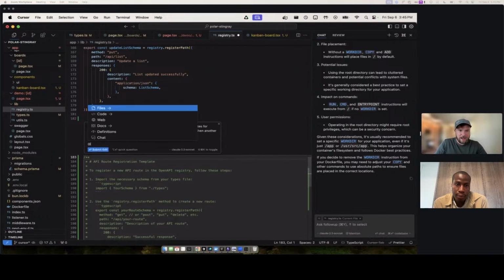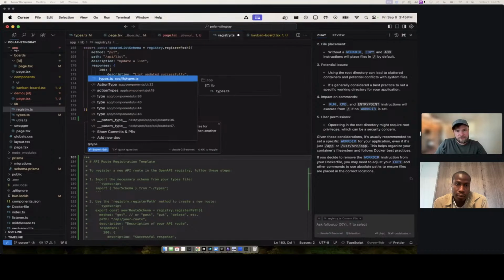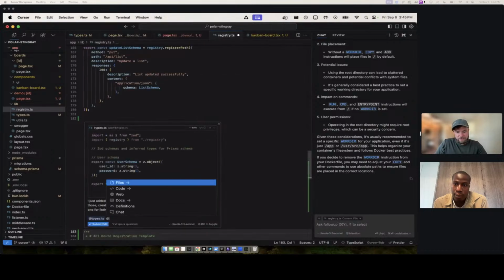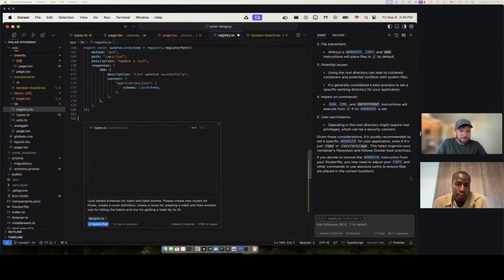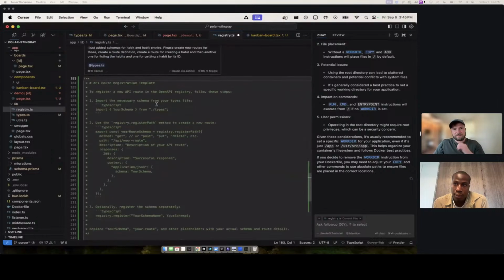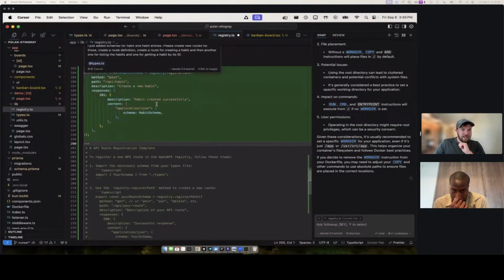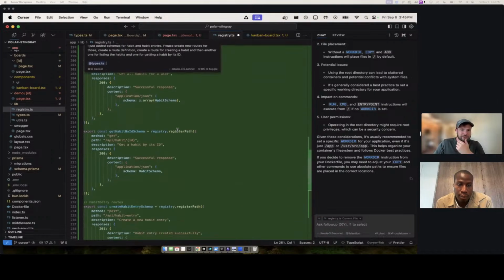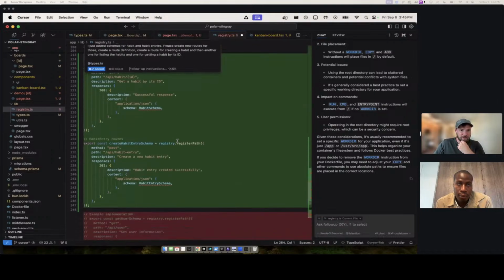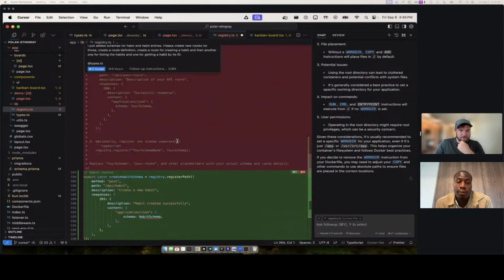We can then do @types and, if we wanted to, the schema file as well for the reference there. We don't have the routes defined yet, so we just do the types. But we'll leave that off for now. I don't think it's needed. And this is creating just the definition, so we'll see this in our Swagger docs now. We, of course, haven't created the route yet.